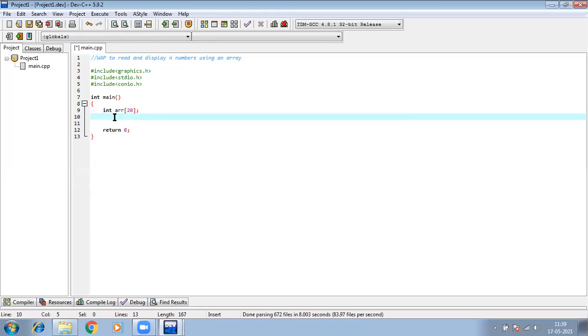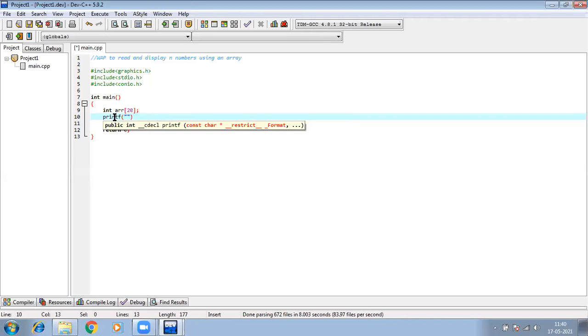Yes, ma'am. Okay, please interact with me with a yes or a no, because it will help me to understand whether you are getting it or not. Then I can use a printf statement to print what I want the user to do. Suppose when this program runs, first it will show: enter the number of elements you wish to enter in your array. Between this size of 20, how many elements do you wish to enter? Suppose the user wants to enter 5.